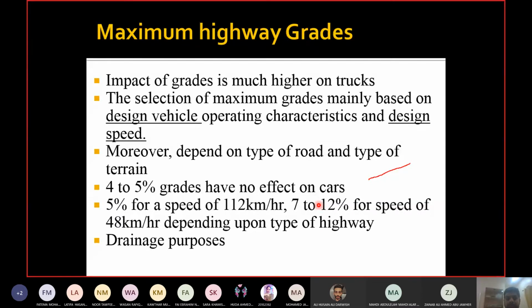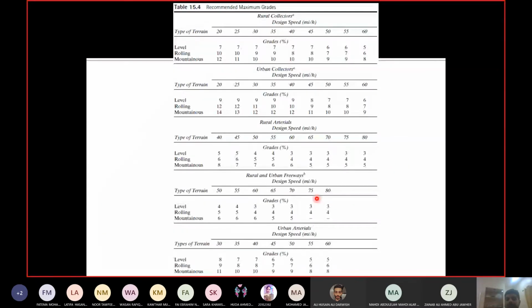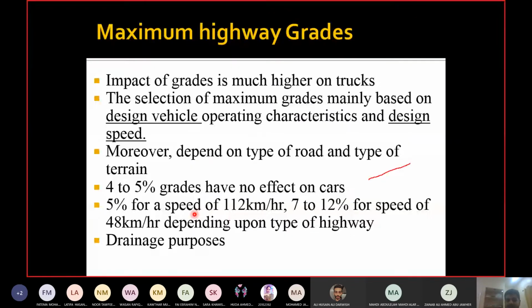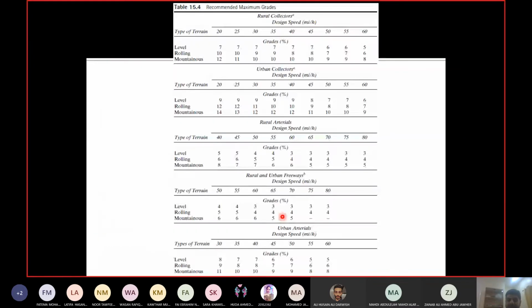The table again, unfortunately, as I showed you, here the recommended speeds are given in kilometers per hour, but in the tables the speeds are still in miles per hour. Maybe they didn't have the time to convert the speeds, right? Now you can see they have listed down the factors which we have discussed in the previous slide: the type of road, type of terrain, and the design speed. Okay. If you see the effect of the type of road, or let me discuss the other effects and talk about the type of road.